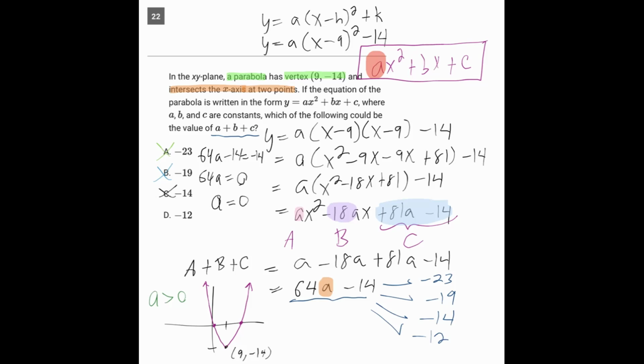So we kind of already know D is going to be the answer, but let's go ahead and play it out. If D is the answer, we'll have 64A minus 14 equals negative 12. Add 14 to both sides. 64A equals 2. Divide by 64. A equals 1 over 32, which is a positive number. And so the answer here is